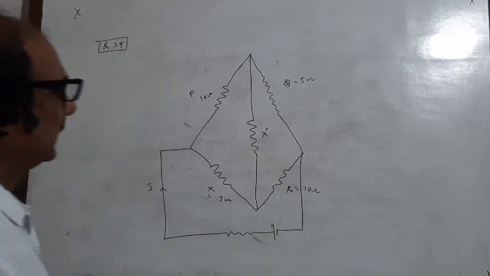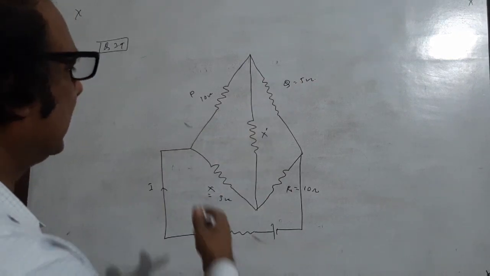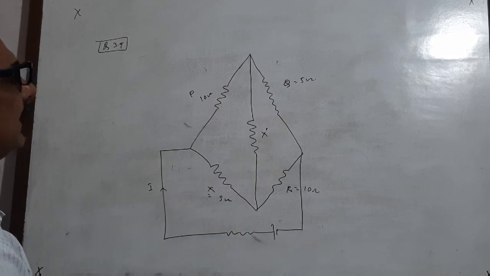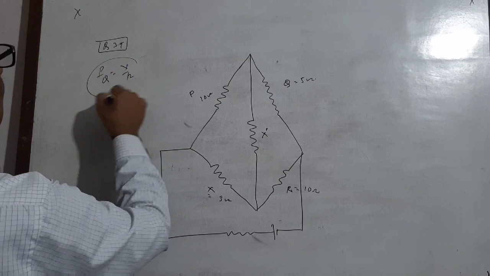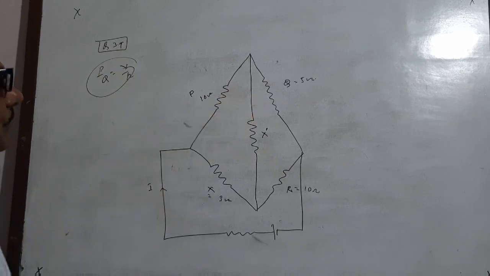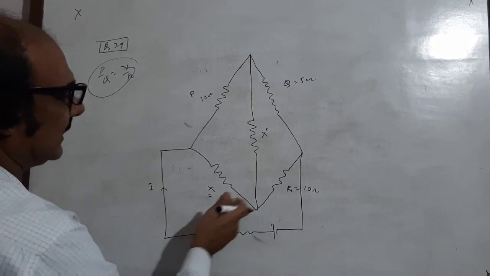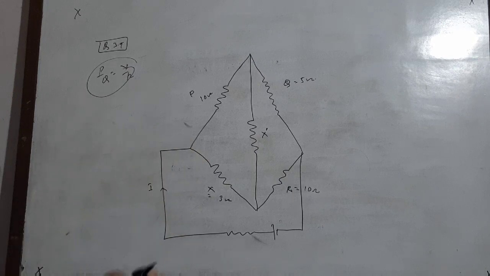So first let's see that this is the form of a Wheatstone bridge; this kind of arrangement is called a Wheatstone bridge. And is the arm balanced or not? Balanced means that if P by Q is equal to X by R. So if the ratio of the arms obeys the law P by Q equal to X by R, the bridge is balanced. So 10 by 5 and here 5 by 10. So this bridge is not taken as a balanced bridge.